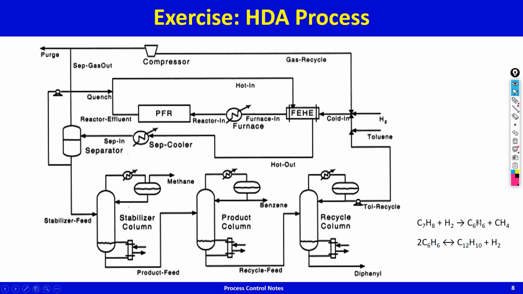molecules of C6 can couple with each other, and diphenyl is actually... this is called diphenyl. C12 is called diphenyl. It's actually like this, two molecules of benzene. This is diphenyl. So it's C12H10, and hydrogen comes out because carbon bonds to carbon, and so hydrogen goes out. It's an equilibrium reaction, and again, diphenyl is actually a waste product.